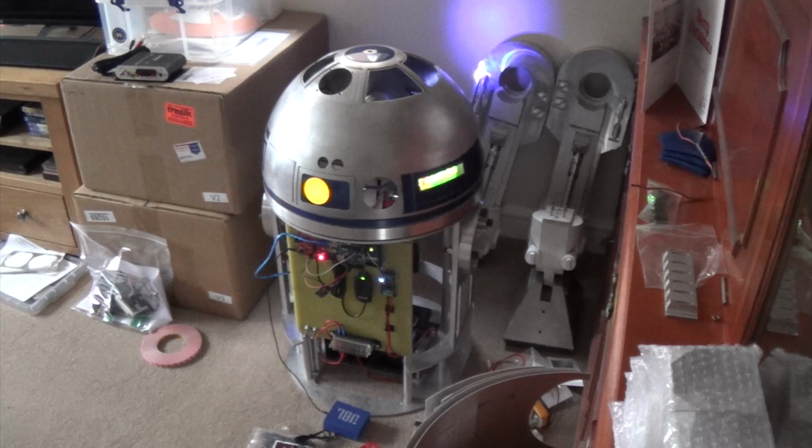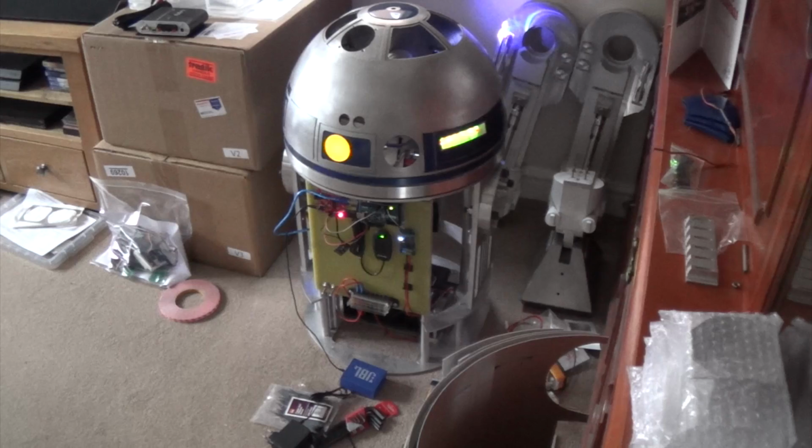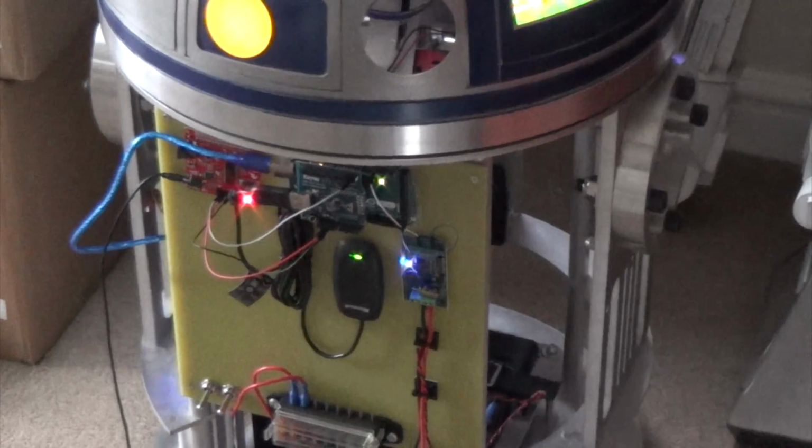Hey guys, just a quick update on the R2 build. I've done quite a bit recently. It didn't actually take that long. It's just a case of doing some homework and ordering in the bits and doing a bit of reading up, and I've basically changed the control system,